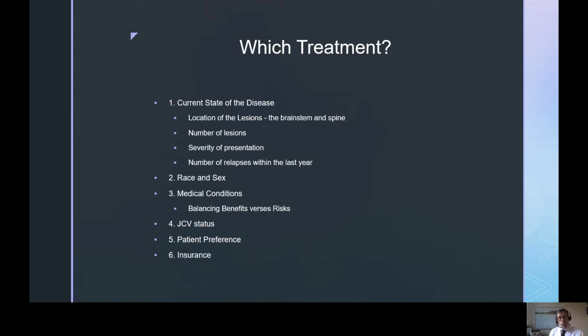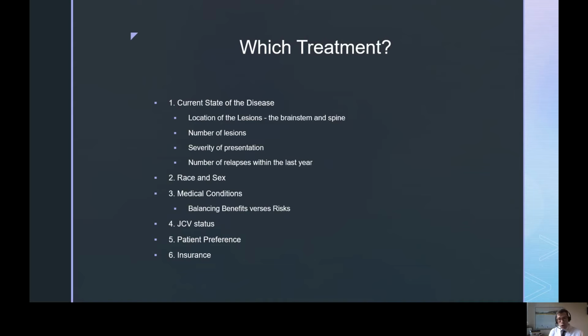So again, there are many factors that play a role, and I think it's important for you to work with your clinician. In my clinical practice, I like to give patients a few options and then follow up with them a couple of weeks, 1 to 2 weeks after the initial discussion, to see if there are further questions and then move forward with starting treatment. I can't stress the importance, especially for those that are newly diagnosed, to initiate treatment as soon as possible. We know that patients that start treatment early on are less likely to have further relapses,